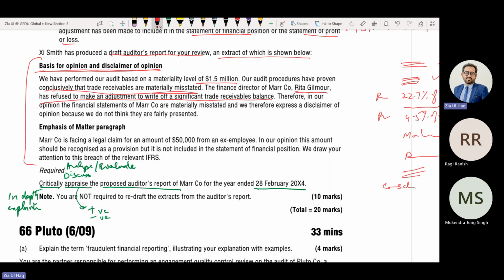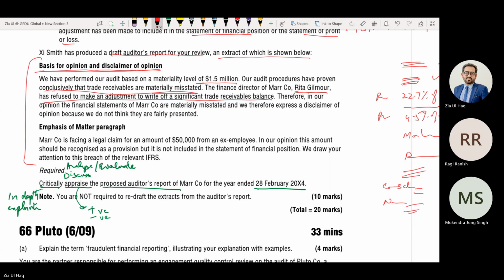By using the finance director's name, we are attacking his integrity. By using his name, he might even sue for damages. Because the whole management is responsible for financial statements, we should discuss misstatement from the company's point of view rather than any person's point of view. So using the name of any person particularly is inappropriate. We should avoid using this. So the name of the finance director, we can prepare one more point.